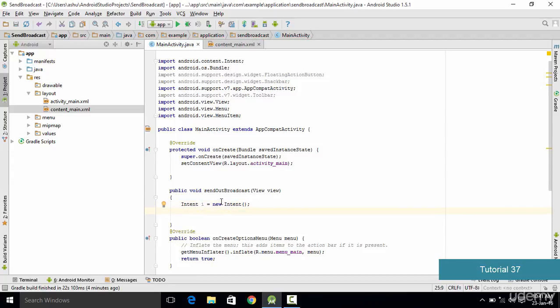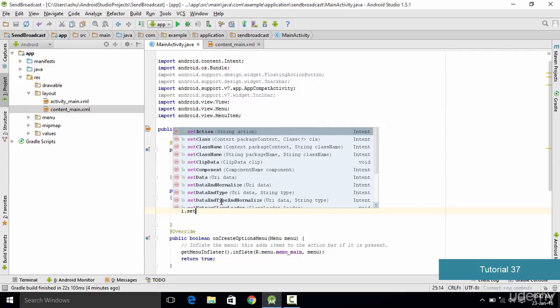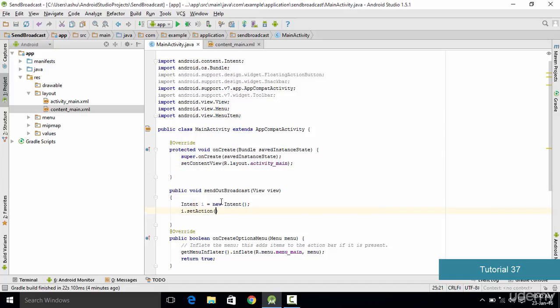Now the next thing which we need to do is that we need to use the set action method which is going to set the broadcast. So in order to do that, we type the intent object which is i, then we use the method setAction, and within this we specify the package name. So the package name is nothing but the name of our application. So by default the package name is com dot your username. So mine is Ashu, then we type my username, then we give a dot again, and then finally we use our application name which is in this case send broadcast. So we type in send broadcast,